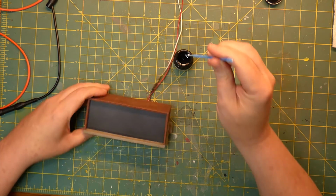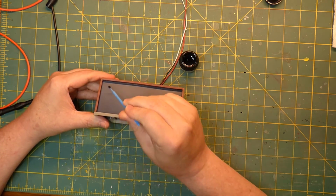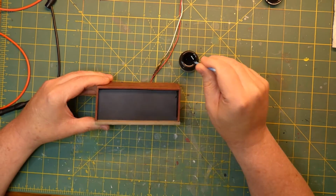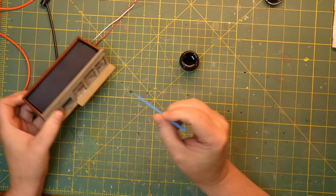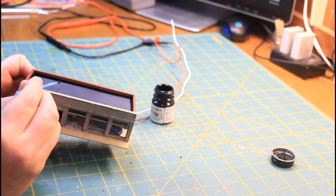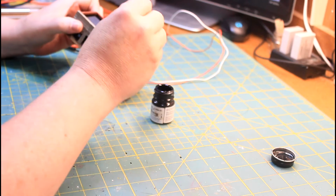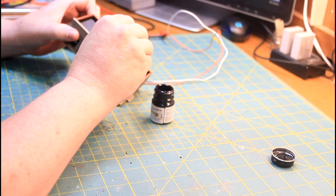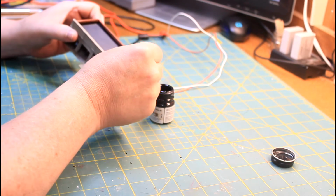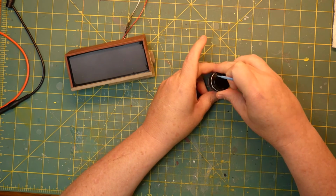So with the small brush, I'm just going to put this in the paint, and I'm just going to put a line right around the edge, just like this. What I'm looking to do is just to get a line going up the side of the roof, the side walls. It doesn't have to be huge, but I want it going up the side just a small bit, and that's all we need. So now we're going to close this back up,